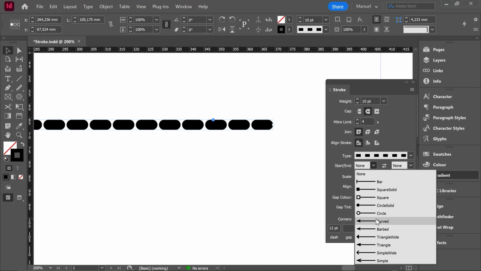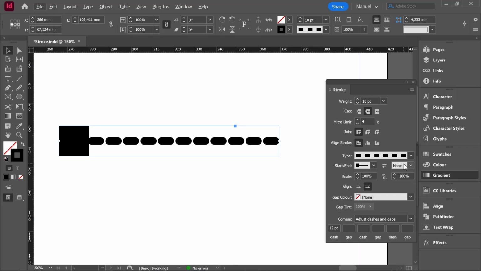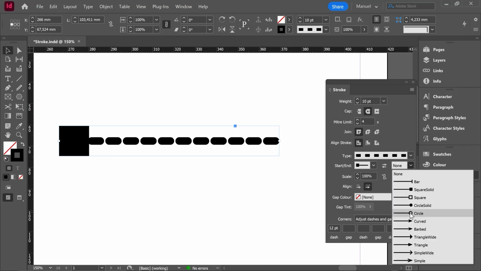I can assure you that at some stages you will need to draw an arrow in your line. And here it is. First of all, we have to draw a line and then we have to define the start and the end of that line. And here, InDesign offers us different options. I will pick up this square solid as a start. And then I move to the right side and I will pick up the circle option.